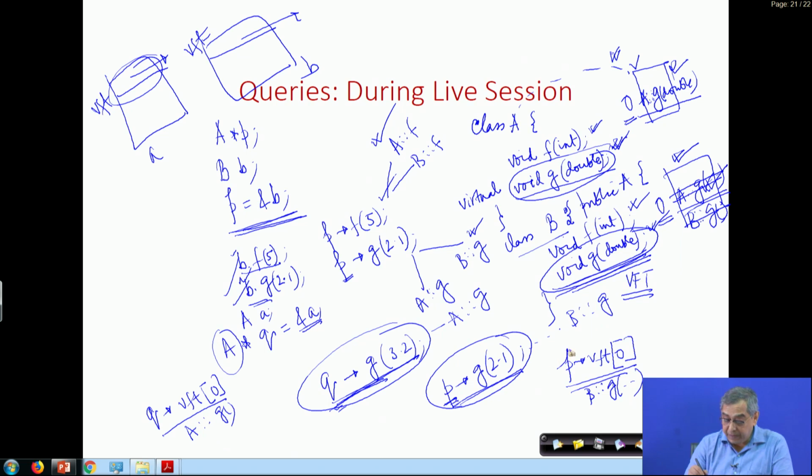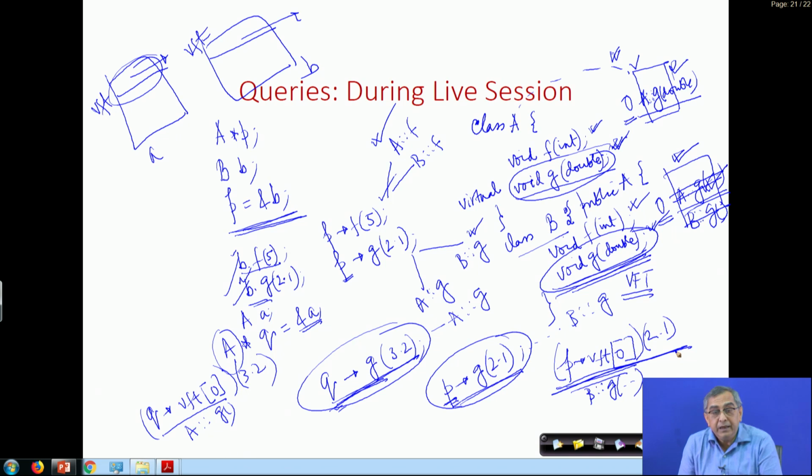So, if this is the whole function, then we will simply call this as 2.1, or we have this function, we will call it with 3.2. Now, you can see that in this whole structure, your function g is not hard coded. So, you do not have to say whether it is a function of class A or a function of class B. All that you are saying is go to the VFT of the current object and pick up the 0th function,